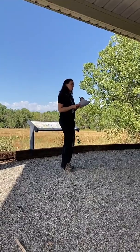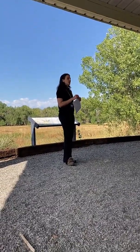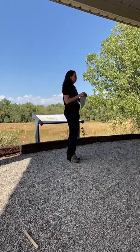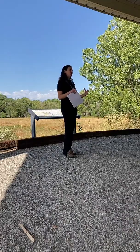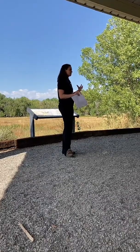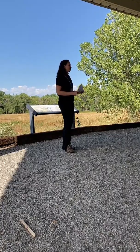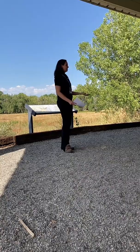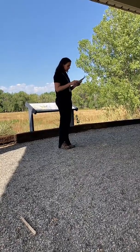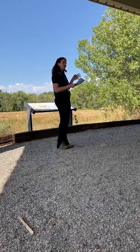This wasn't a super well-known period, but actually Vail Pass, where there's a rest stop off I-70, turns out to have been one of the most well-used temporary campsites of this entire period. It's kind of been subsumed, and a lot of the campsites that we stay at have been used for thousands of years. Okay, so now we're in early,